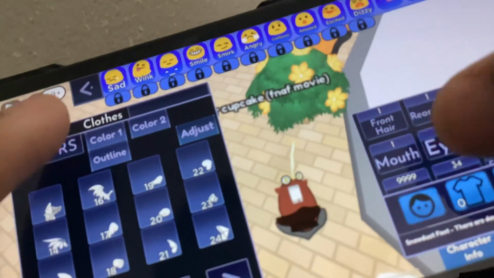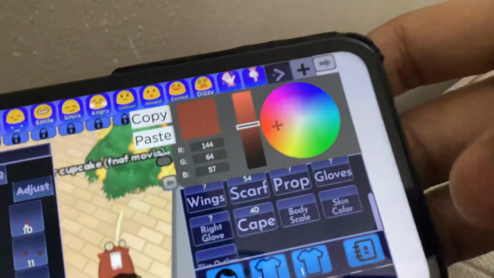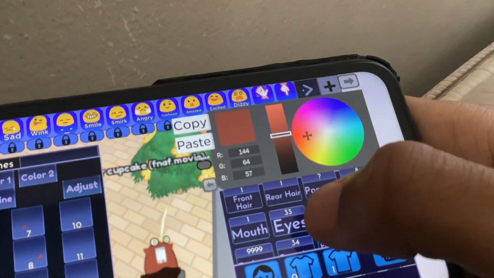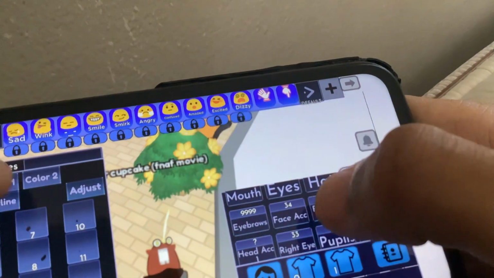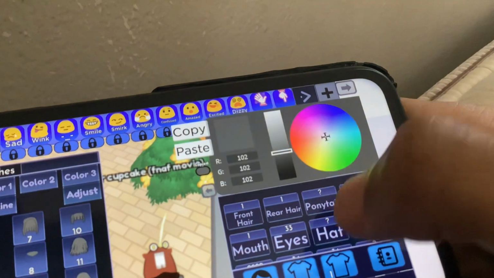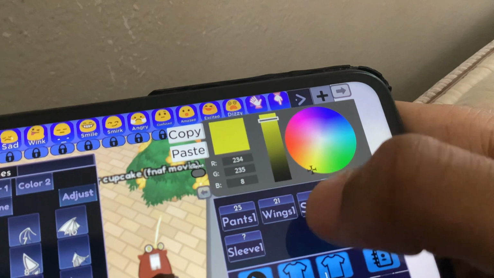21. And you're finished. Here's the color. Pause and copy it. Copy it. Here's the outline for